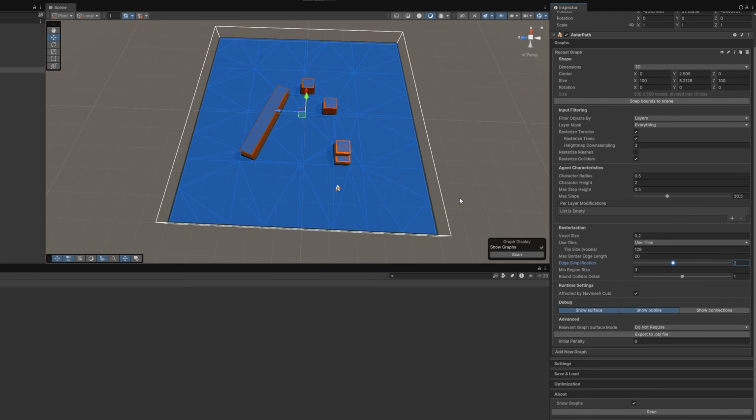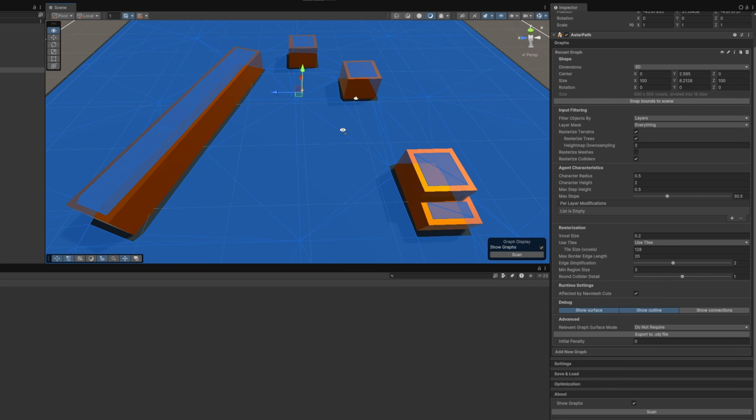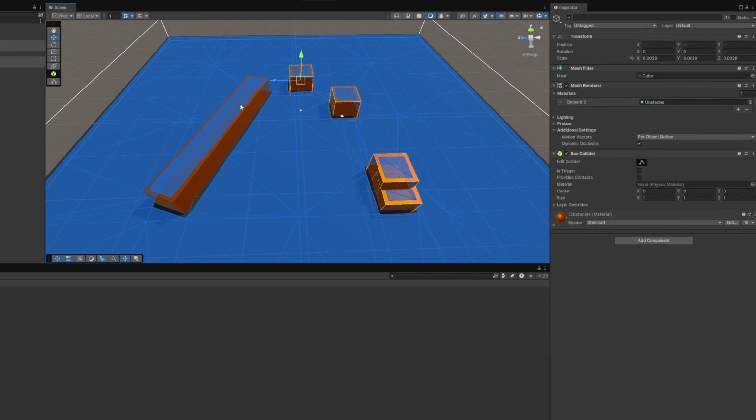Alright, now we have a pretty decent graph, but we can make a few more adjustments to make it even better. One thing you may notice is that right now, the agent is allowed to walk on top of all of these boxes right here. In many games, this may be what we want, but for illustration purposes, let's assume that this is not something that we want. In this case, we can select all of these boxes, and then we can add the Recast